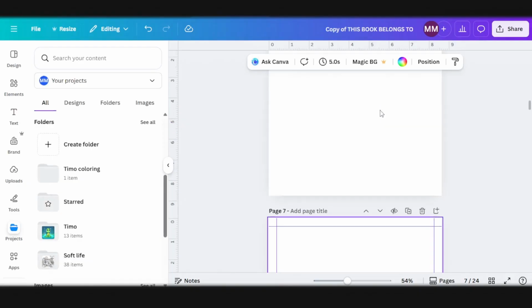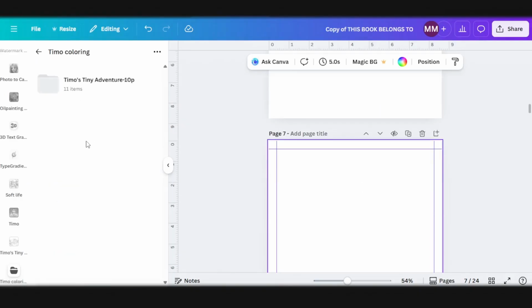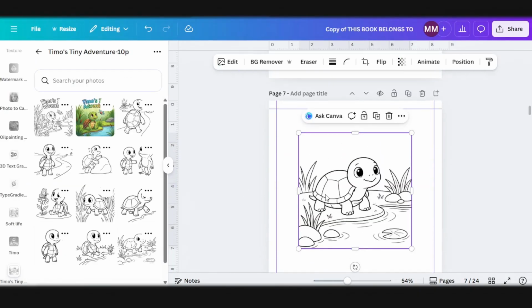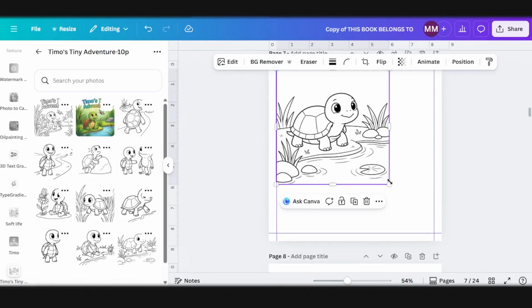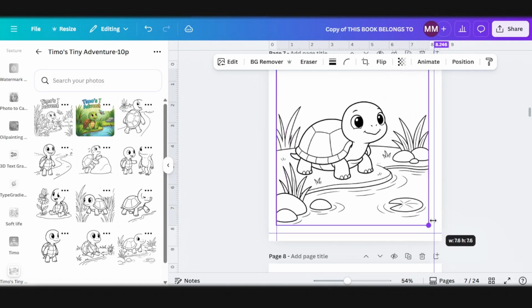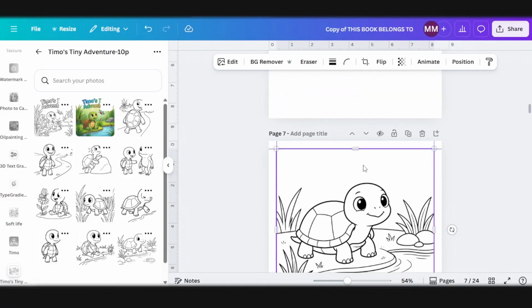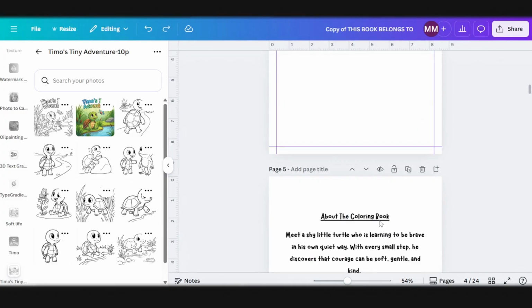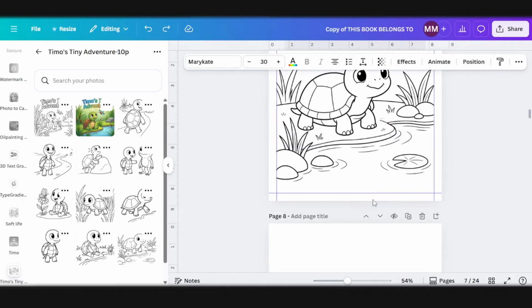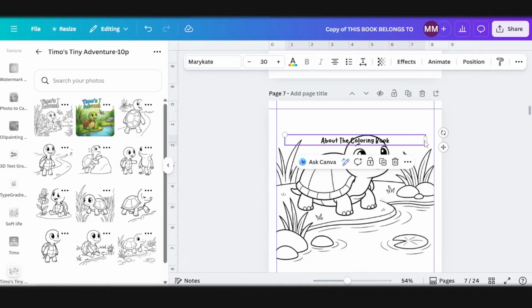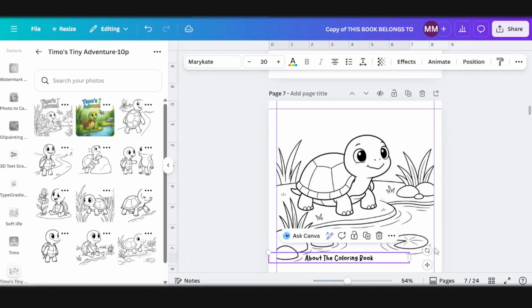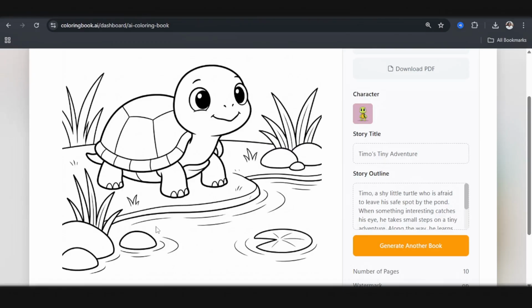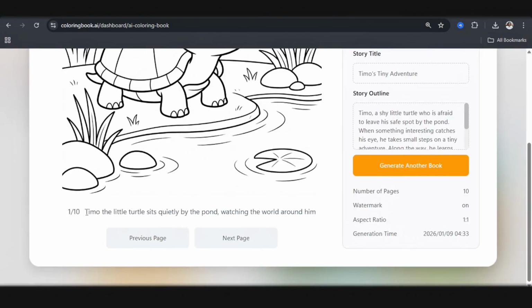So over to projects and over to Timu coloring, I'm going to add the turtle by the pond. If you notice, we're supposed to add the write-up, so you may want to give some space for that. And I'm going to use this same font. I'm going to copy this and just paste it here. I'll take out the underline by clicking Ctrl U again, and back into our AI tool, I would copy this